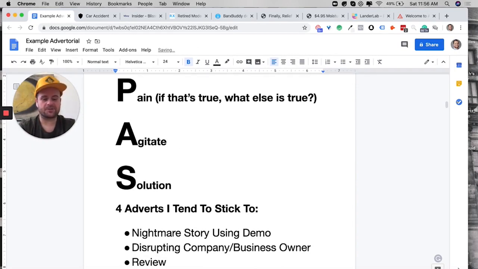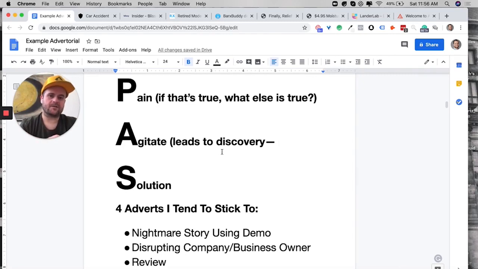And then, with that agitation again, if that's true, what else is true? Leads to discovery. Now, for how I do the discovery portion, two parts. For this demo, you want to have it from a friend. And I changed it up in the actual version, and I'll show you. So leads to discovery. Either A,